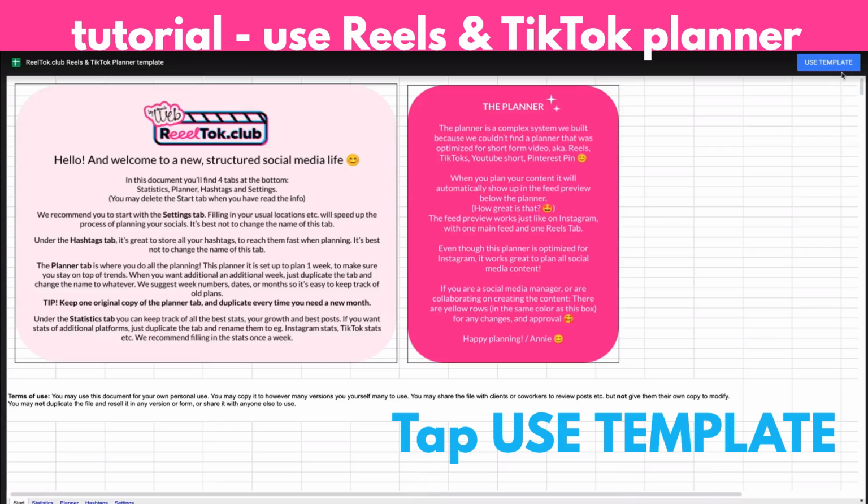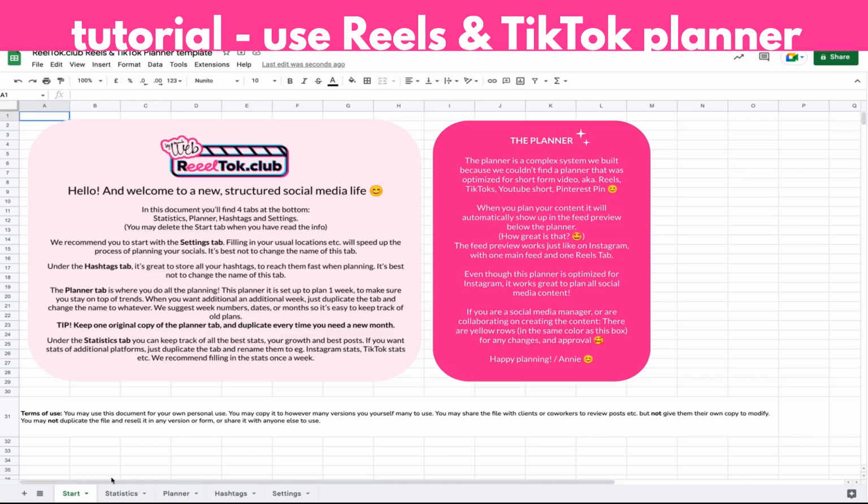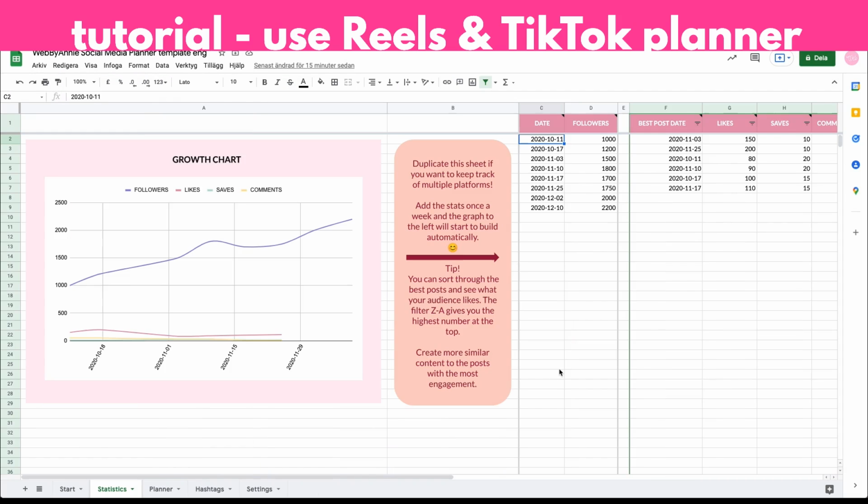Start by tapping Use Template in the top right corner. We have different tabs for the different parts of the planner: Statistics, Planner, Hashtags, and Settings. To keep it all nice and organized,